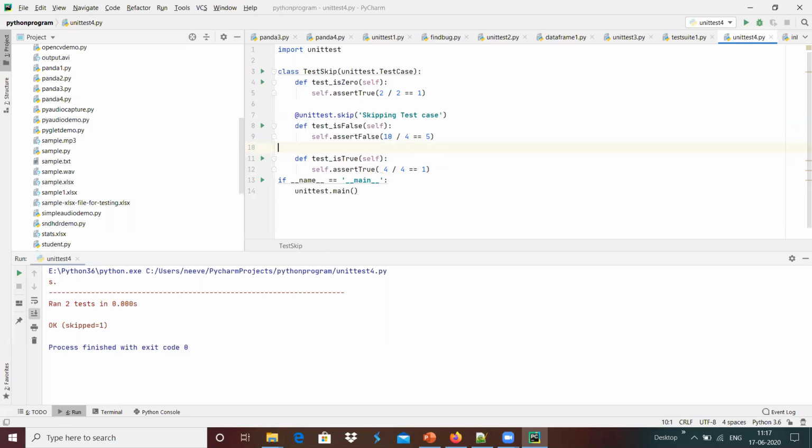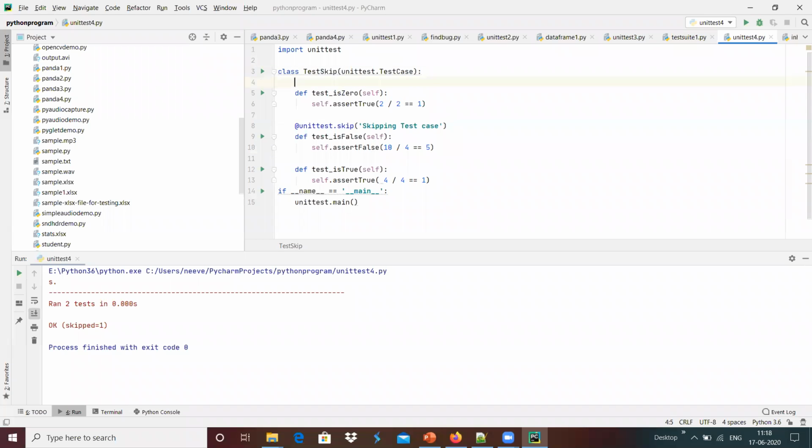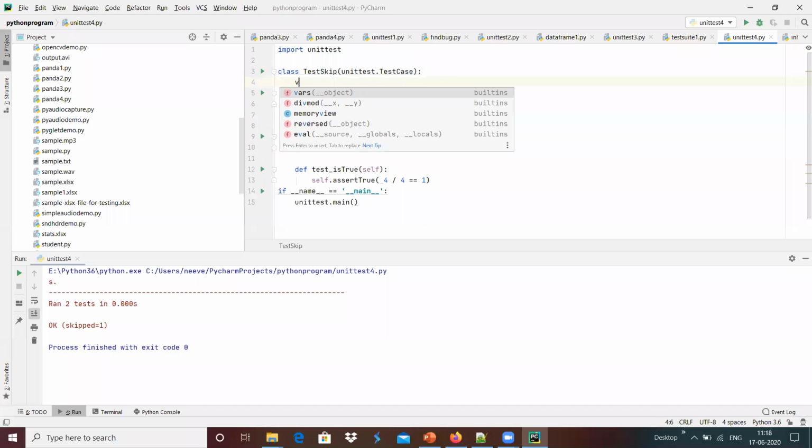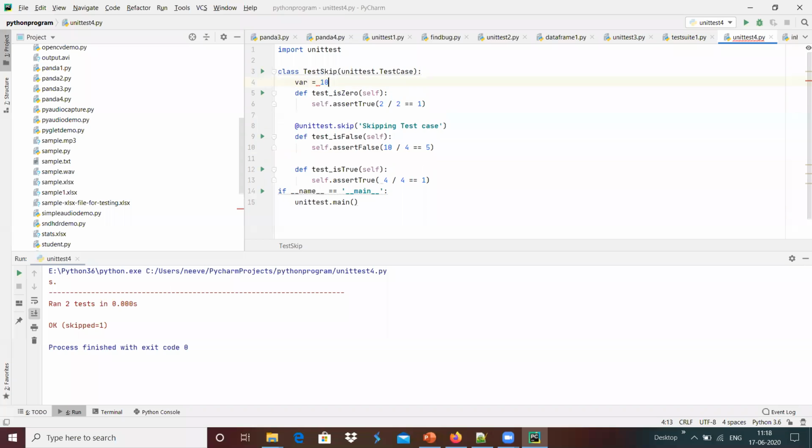And if I wanted to skip in case of anything that we wanted to check, that can be done. Maybe I'm going to define a variable over here, integer var equals 10, and I'm going to do a check.